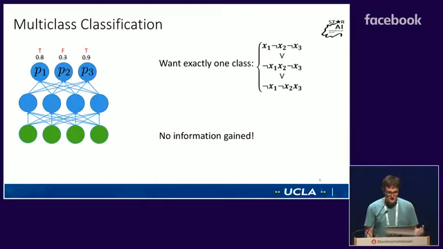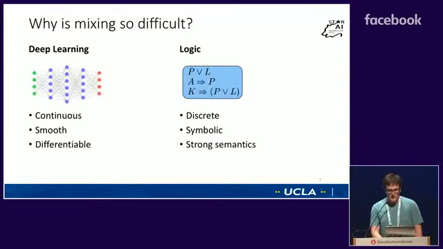And now we're a little bit stuck, right? We're working with logic, so maybe we want to round every probability and get Boolean values. We can see that the constraint is not satisfied, but we're not learning anything, and we don't really have any information to feed to our network to update. So why is this so difficult? Why are these two things so hard to mix? Deep learning and logic are both currently fundamental parts of AI. We don't really want to be doing this context switch every single time we need to use both.